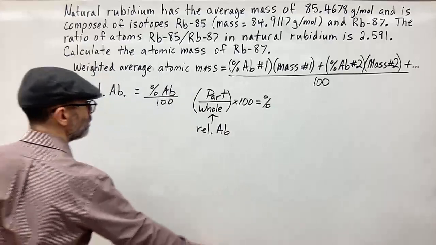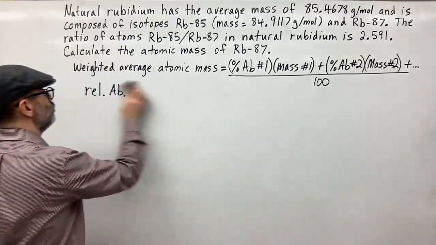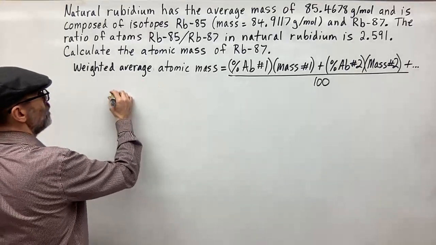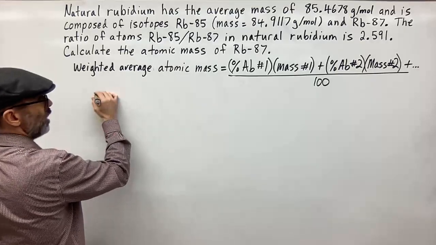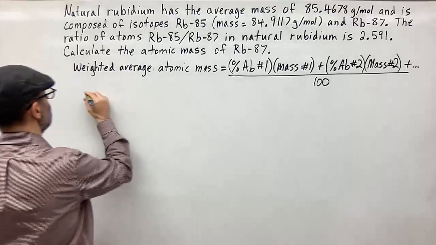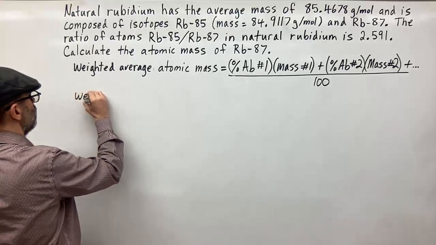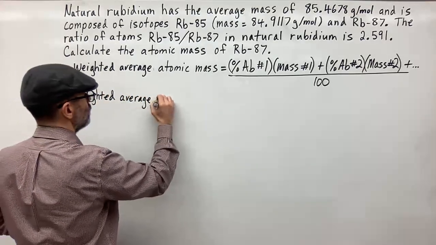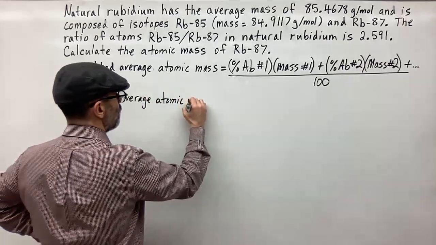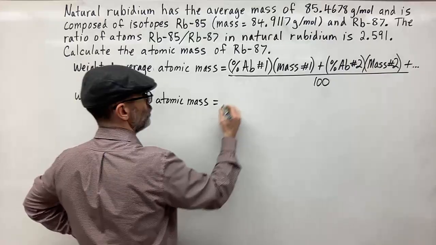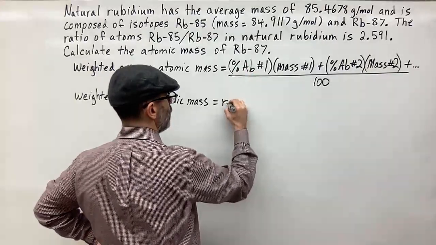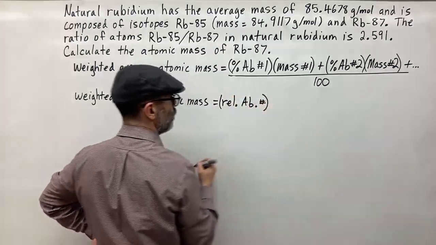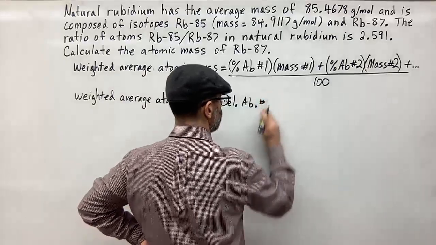So if we do that, let me erase this, give me some room. So then what you have is the weighted average atomic mass of your element is equal to, and we're going to replace this with relative abundance. So the relative abundance of isotope number 1,